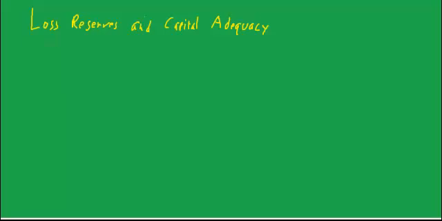All right, the next topic is loss reserves and capital adequacy. We've been talking about how we can use a mortgage pricing model where we simulate house prices and then look at other risk factors and estimate the expected default costs for a single mortgage when we're about to buy the mortgage or insure the mortgage. Now, when we talk about loss reserves and capital adequacy,